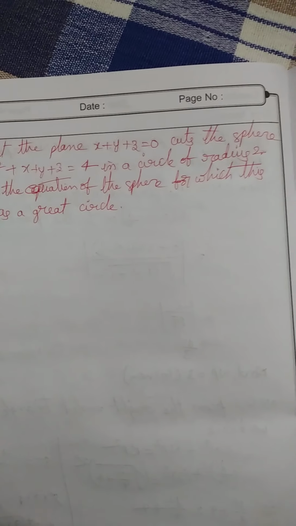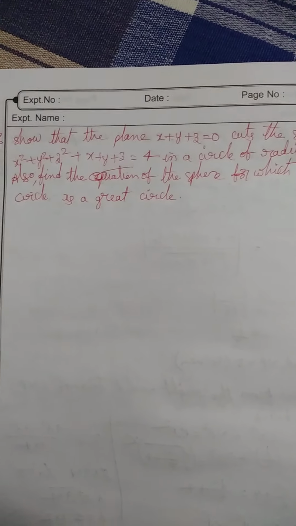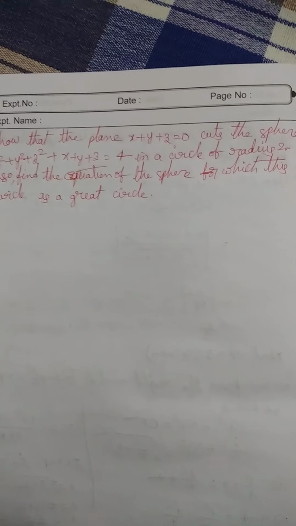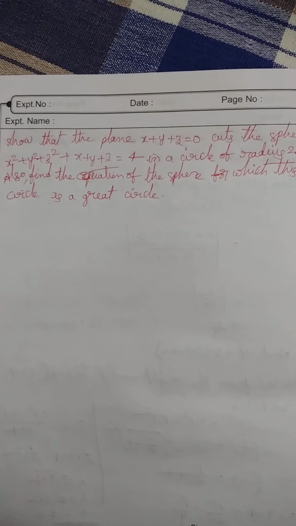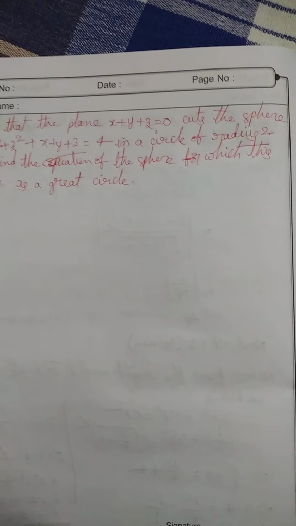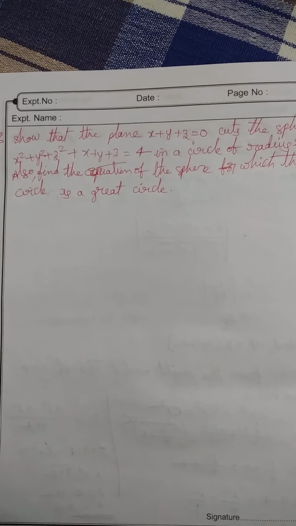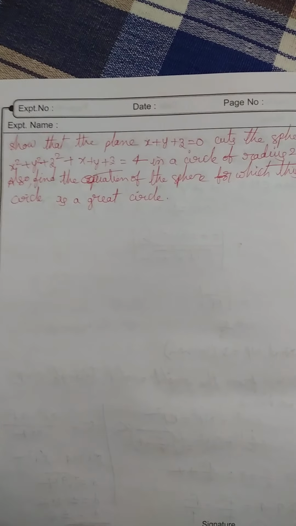Hi everyone, the next one is: show that the plane x + y + z = 0 cuts the sphere x² + y² + z² + x + y + z = 4 in a circle of radius 2. Also find the equation of the sphere for which this circle is a great circle. Now the solution of this problem is,